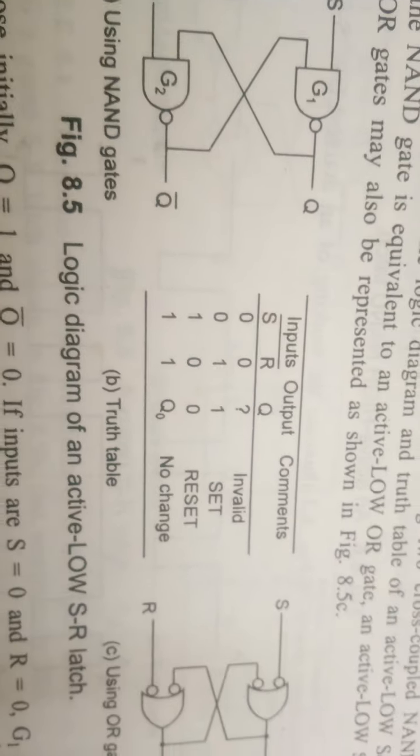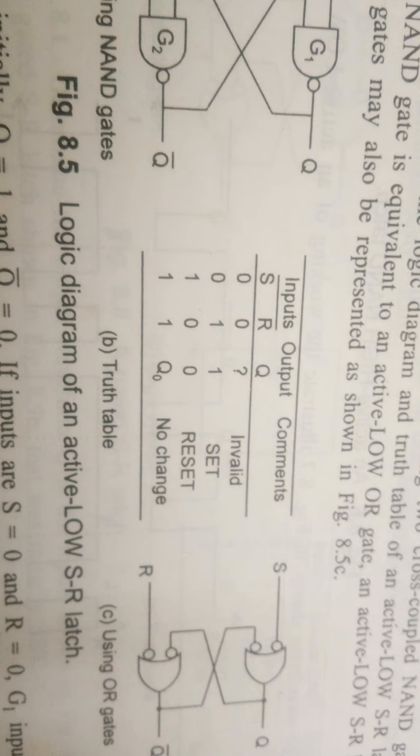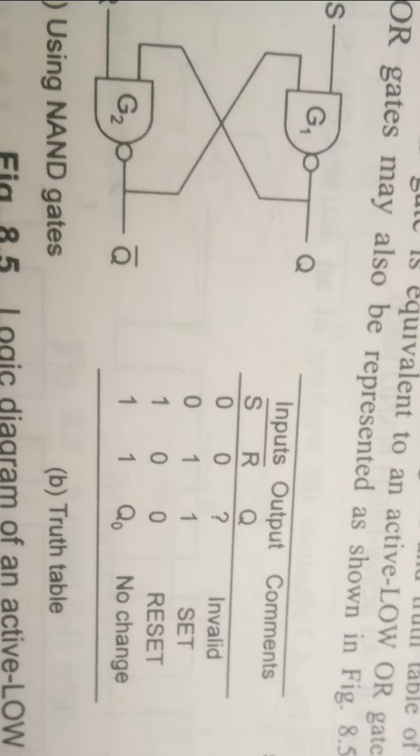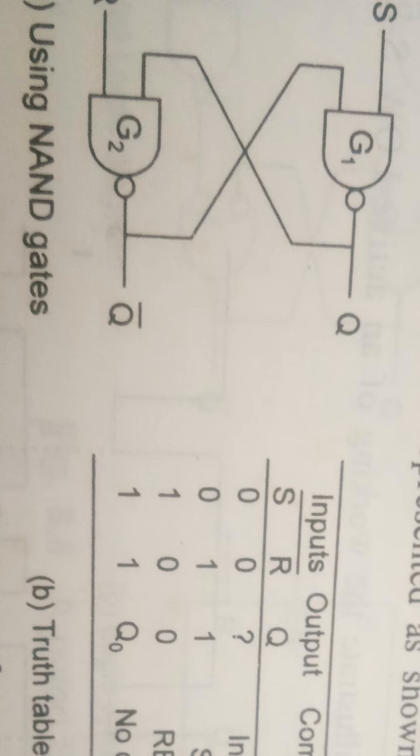And this can be done using OR gate. Bubbled OR is equal to NAND. Now if we see, this is the diagram. Suppose Q is 1 initially and Q bar is 0, then if inputs S and R are 0 0, then G1 inputs will be 0 and Q bar is 0. So inputs both will remain 0 0. Its output Q will be 1 and G2 inputs R और Q है, that is 0 and 1 है, so output Q bar will be 1.